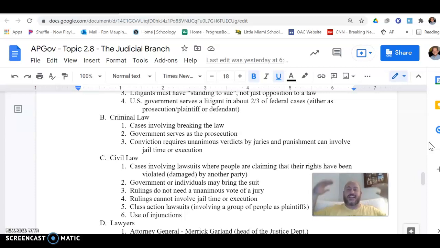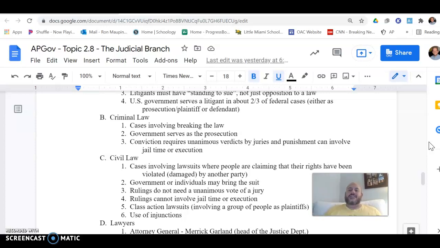Remember, in a criminal case, the standard is beyond a reasonable doubt, meaning pretty much certain. In civil cases, typically, there has to be just a preponderance of evidence. In other words, it's pretty likely. That's a lower standard than pretty much certain. So there's a lower standard that typically has to be achieved in order to get that victory in that civil case.